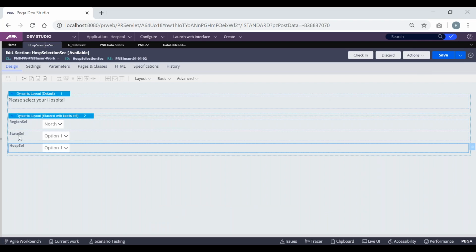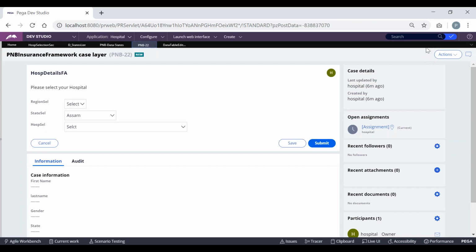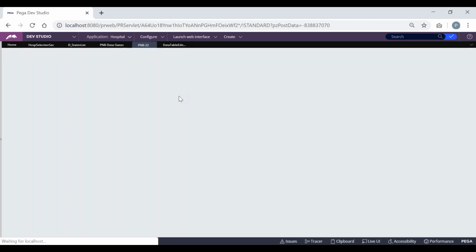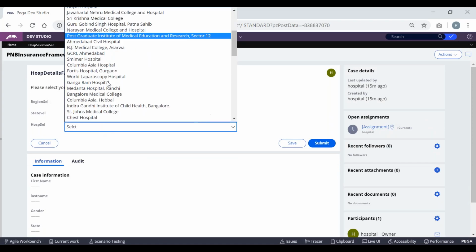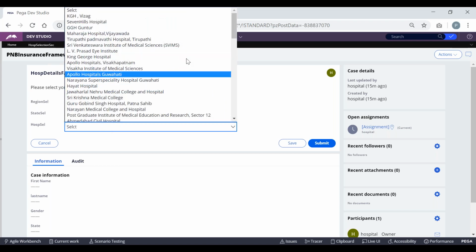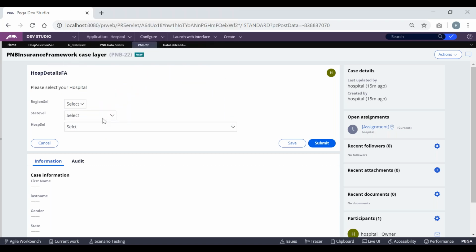So till now, I have not made any changes for the first drop down and second drop down, but for the third drop down I have applied some filters. Based on the value we select in the second drop down, the third drop down has to change. Let us see whether it is working fine or not. Let me refresh it. By default we should not be getting any values in this hospital. Based on this selection only I should be getting, but still we are getting. I'll tell you the reason why.